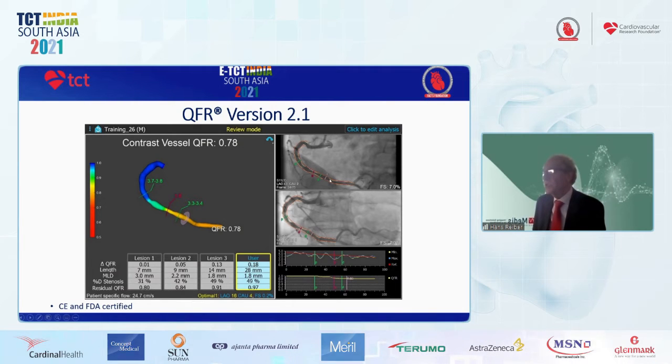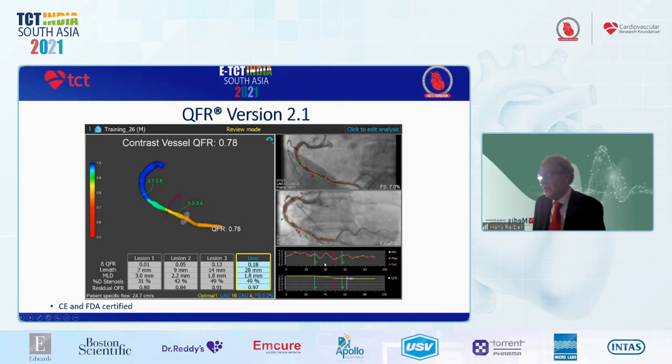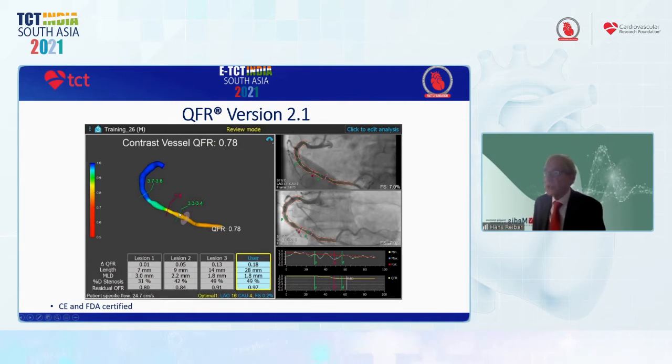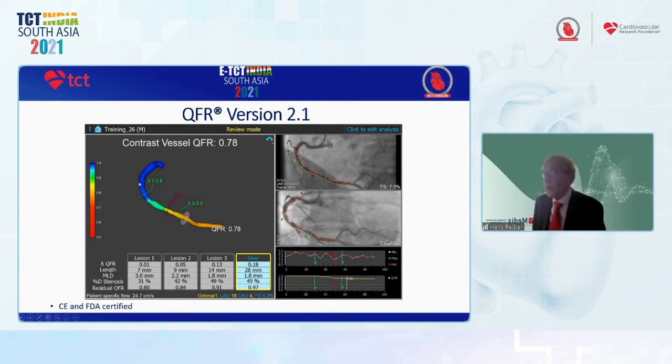Of course, you see the 2 views of a right coronary artery with automatically detected contours. This is the diameter function from the beginning till the end, and selection of a stenosis, proximal to distal, gives a 3-dimensional representation. There are multiple lesions here that we can select individually, and in this particular case, from proximal to distal and between the green circles here, we find that the delta QFR for this particular case is 0.18 on the scale from 1 till 0.78 at the end of the vessel,